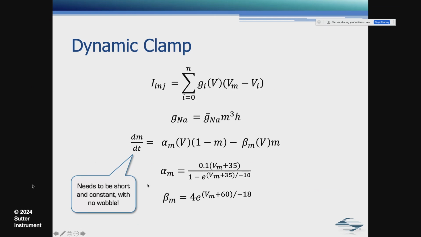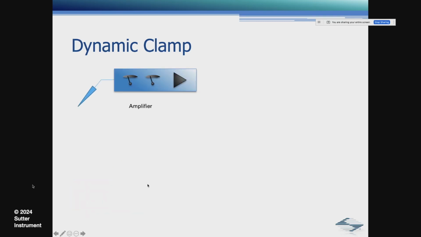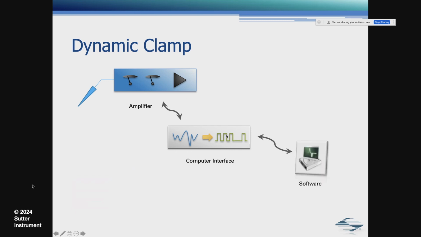Doing that with conventional electrophysiology systems is not that easy. Why is that? Because a conventional patch clamp system consists of an amplifier that puts out an analog signal that gets fed into a computer interface, and the computer interface is controlled by software. The software also puts out stimuli to the amplifier, but what's important is this connection is typically USB, and the computer typically runs on either Windows or a Mac machine. And those are operating systems that are not real-time operating systems.